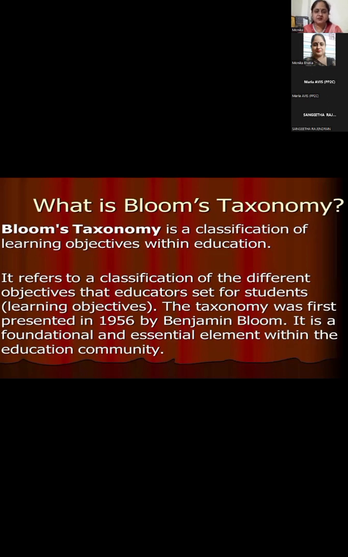It refers to a classification of the different objectives the educators set for the students. Those are learners for us, right? Because they come to learn something. The taxonomy was first presented in 1956 by Benjamin Bloom. It's a foundational and essential element within the education community. Although in 2006 it was revised, still